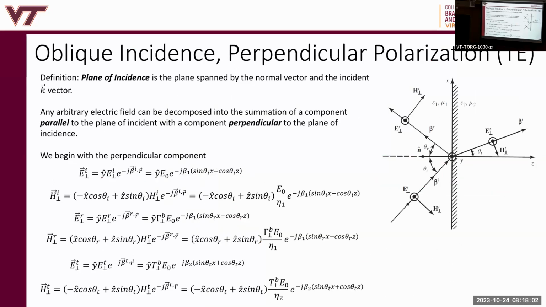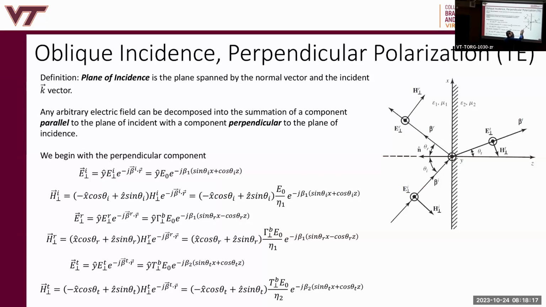Let's do oblique incidence, yeah? We have to break this into two different cases. There's a TE polarization case and a TM polarization case. So why do we do that? Because no matter what the polarization is, even if it's oblique,